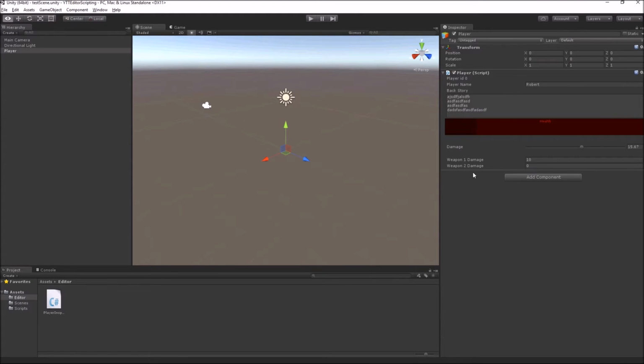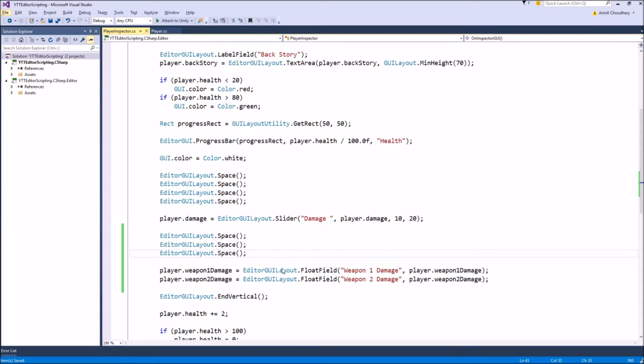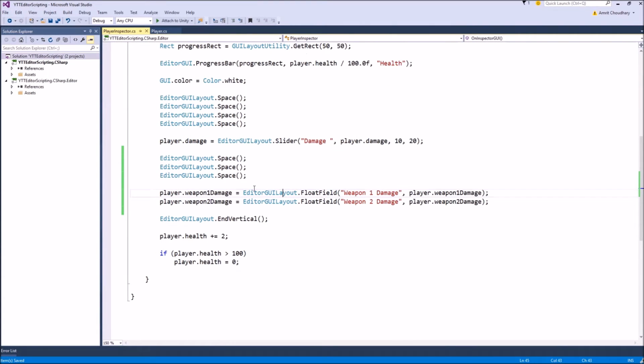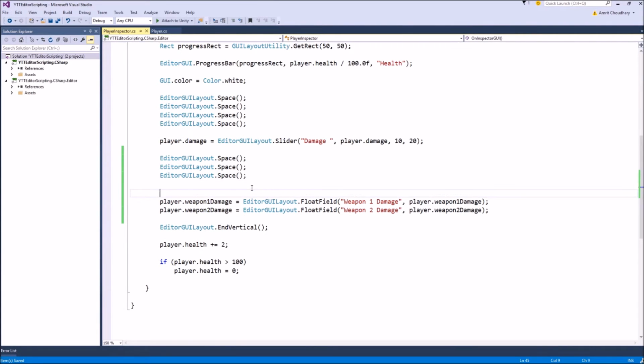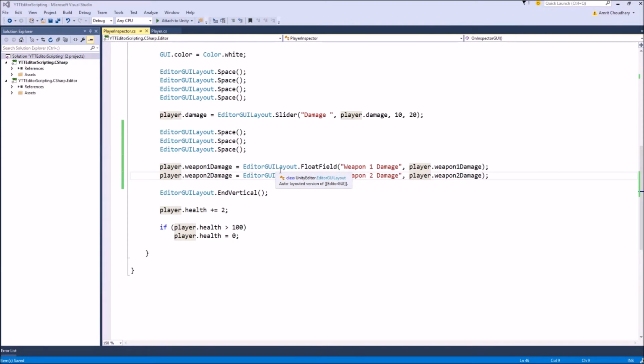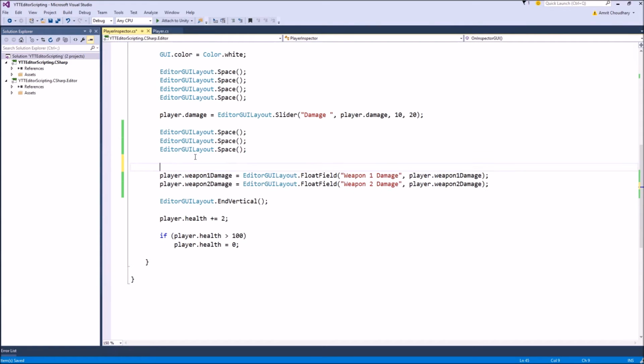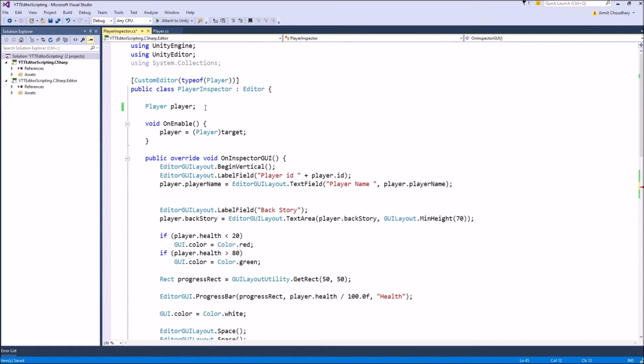Now if you want to encapsulate or arrange these two weapon variables as a single thing, what I showed you as a built-in attribute was the Header attribute. In the custom inspector, there is another thing called foldouts. Let me write the script for a foldout, then I will explain how it works.